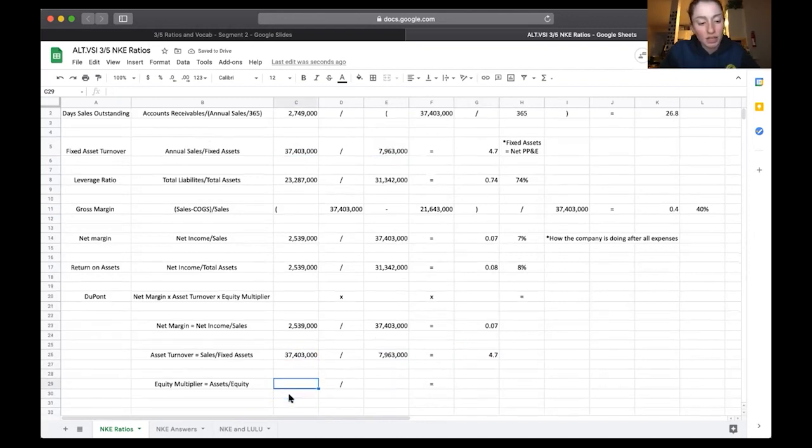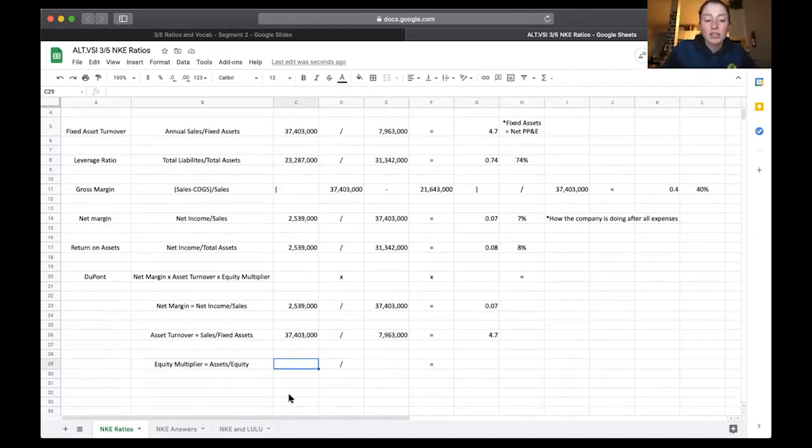And then last but not least, your equity multiplier. So that's taking your total assets, which is your 31,342,000, and you divide that by your equity, which is 8,055,000, and you end up with 3.9. So I don't know if you noticed, but the way I do it, so I type in a number,